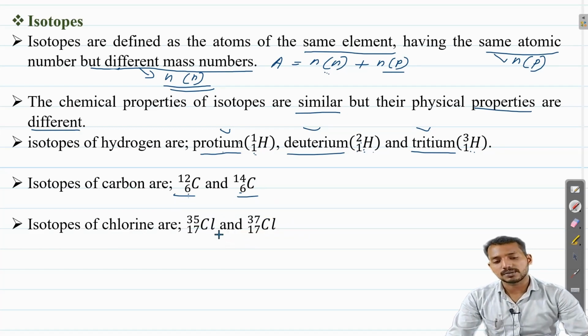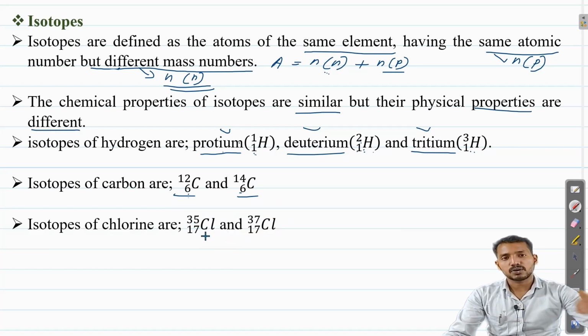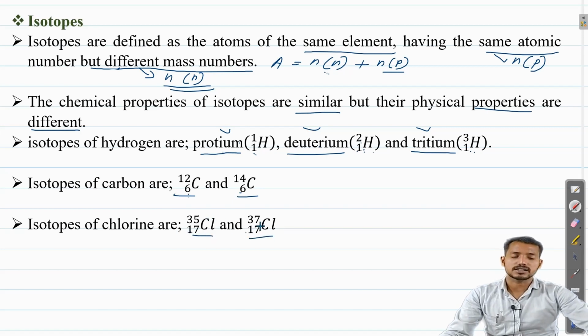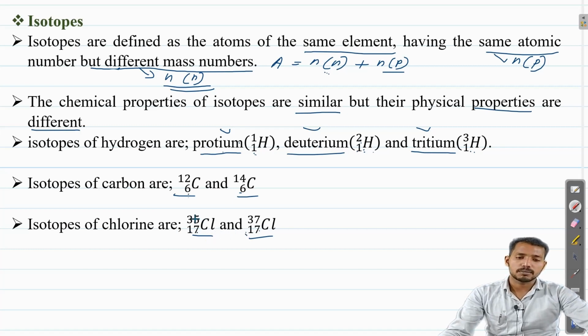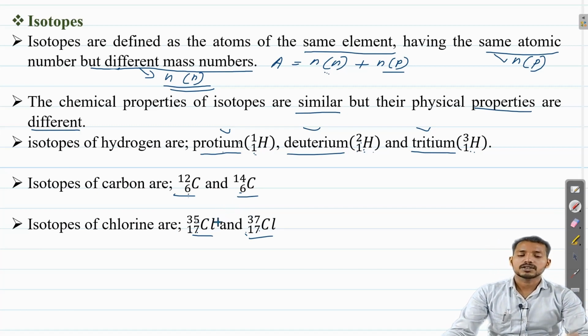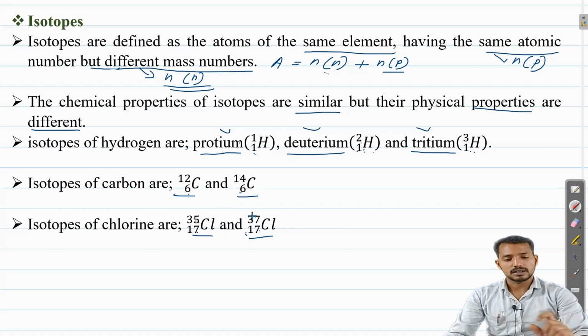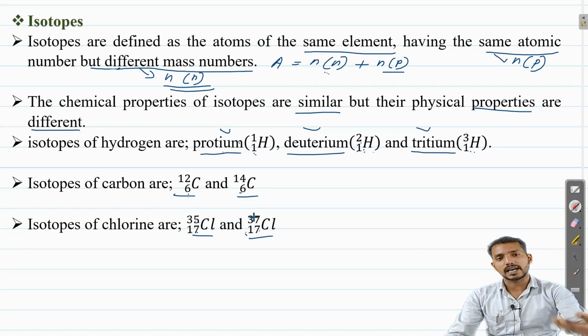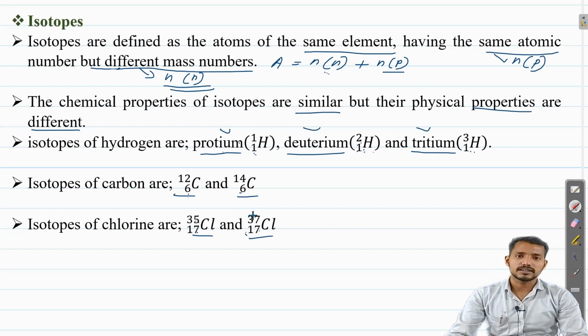The next example that we are going to discuss is chlorine. There are two main isotopes. One is Cl-35 and the other Cl-37. The atomic number is the same and the mass number is different. You can also find the number of neutrons and protons present in the atom from the atomic number and the mass number. Try that yourself. Clear? So these are the two isotopes of chlorine. Clear? Similarly, for many elements, isotopes are present in nature.